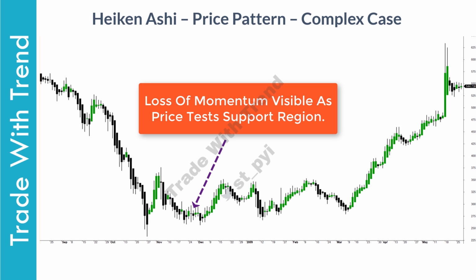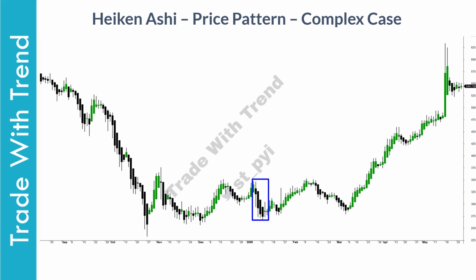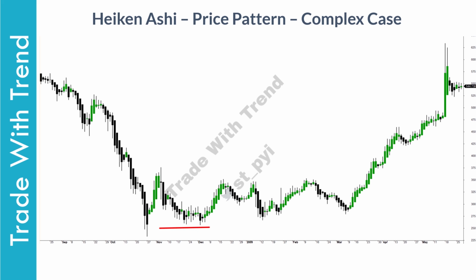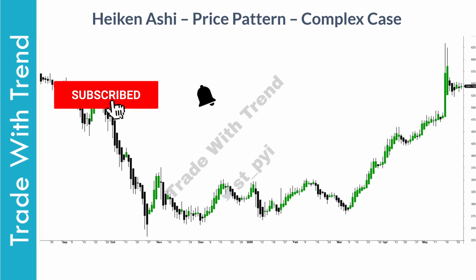We don't get any momentum on the upside, and price again revisits the demand region with two strong wide range bearish candles. The important question here is, should you exit the trade at this point? The answer to this is a resounding no, as price has not violated this pivot and this pivot marked in this region. Do not forget that structure of higher high and higher low forms the essence of trend trading, and you have to keep this in mind at all times.